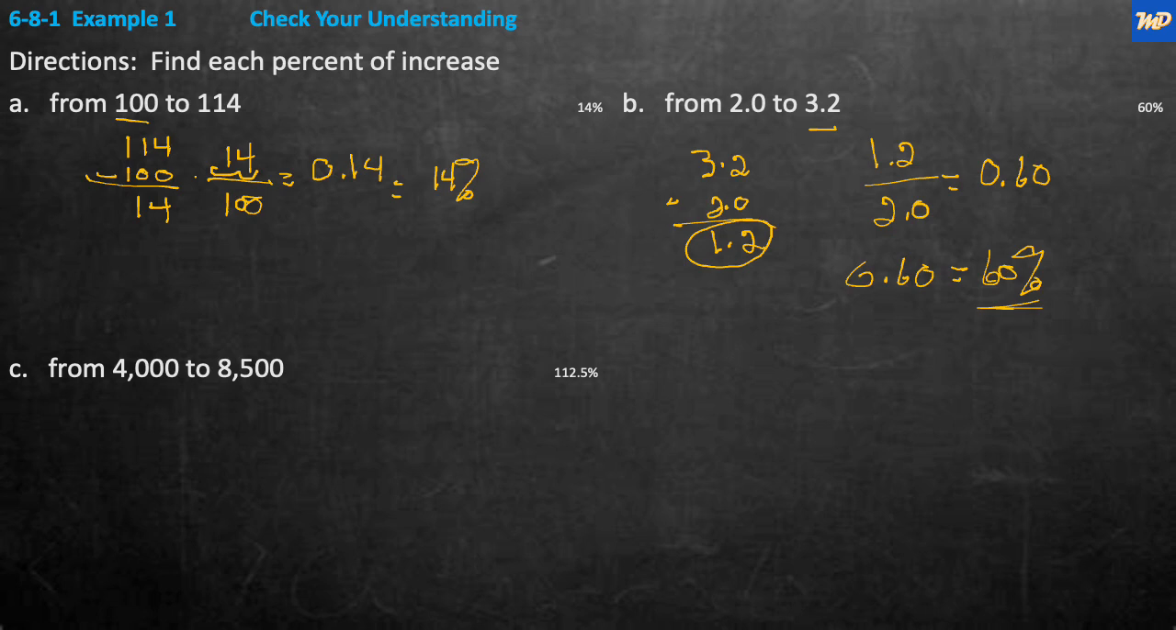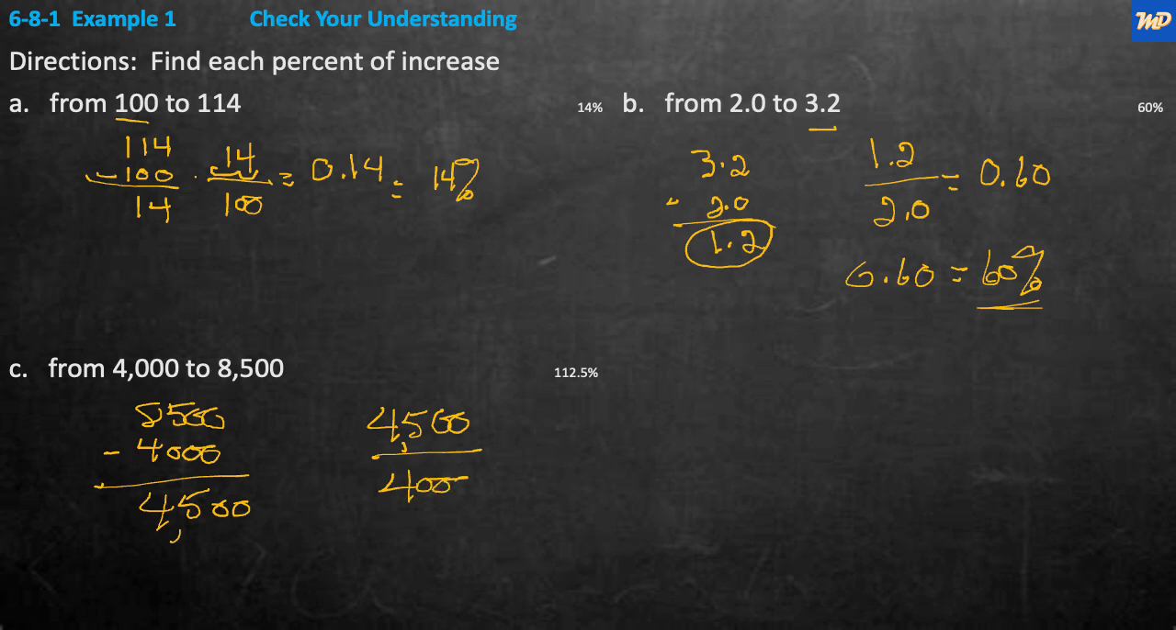From 4,000 to 8,500. 8,500 minus 4,000 is equal to 4,500. Now we take the change, 4,500, and we divide that by the starting amount, 4,000, and that ends up equaling, I'm just going to write it out,